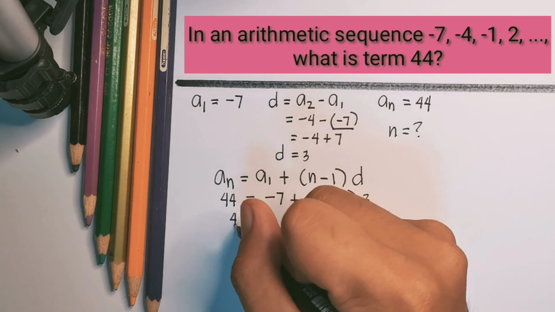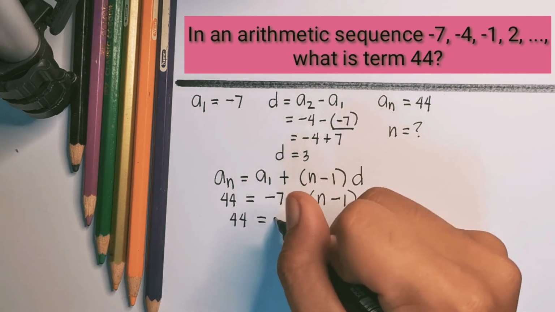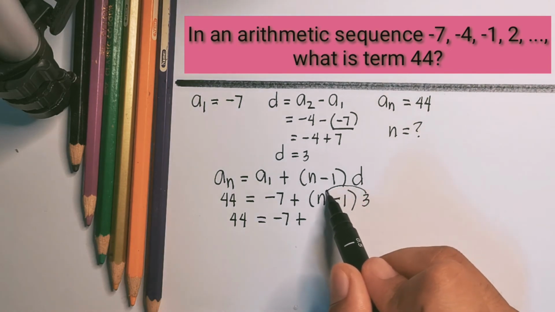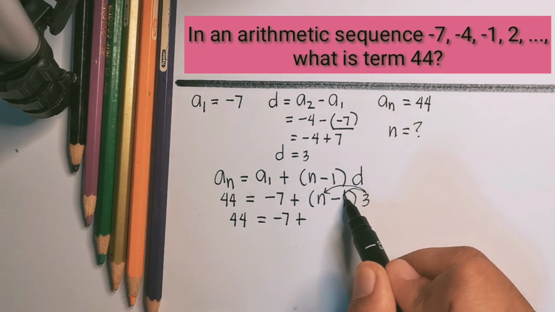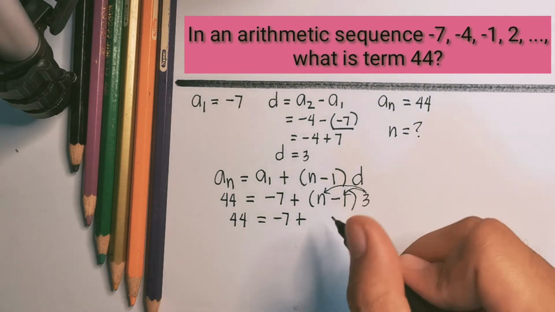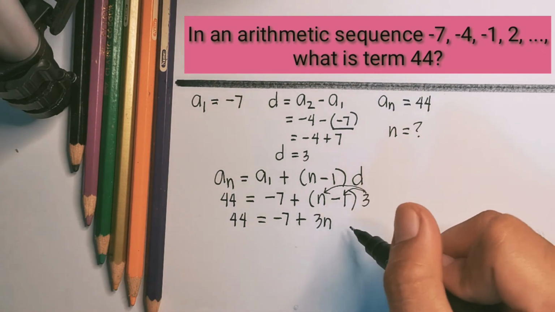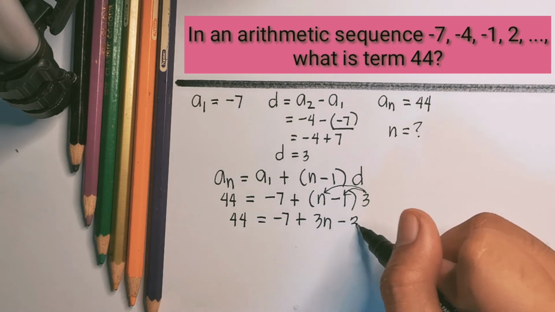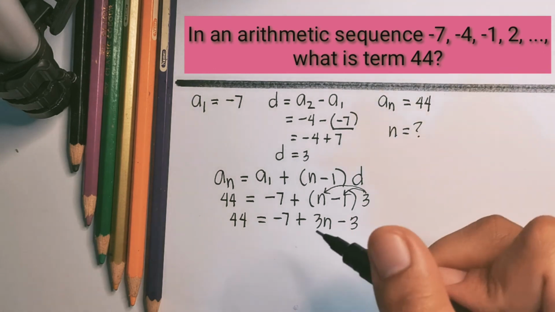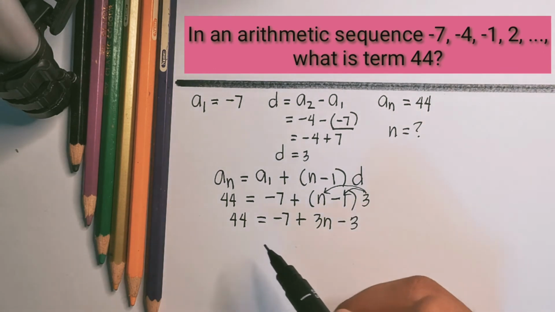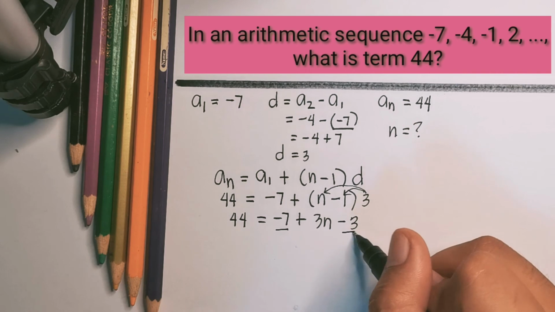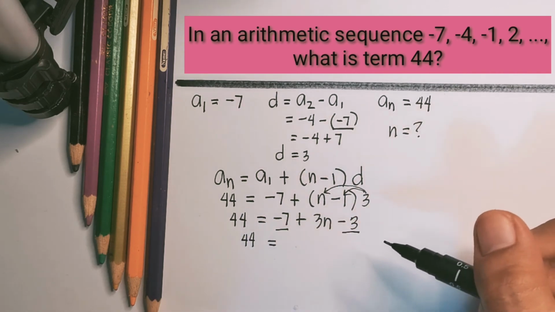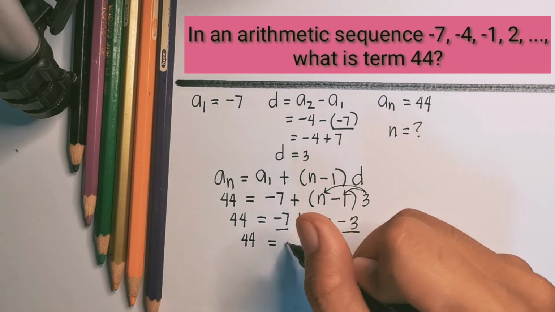Then, let us simplify. 44 equals negative 7 plus, let us distribute 3 to each term inside the parenthesis. Let's multiply. 3 times n equals 3n. Then 3 times negative 1, that is negative 3. Okay. Then, let us combine like terms. Ito at ito. So, 44 equals negative 7 plus negative 3, that is negative 10